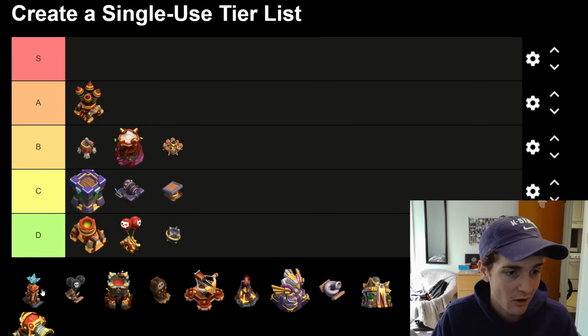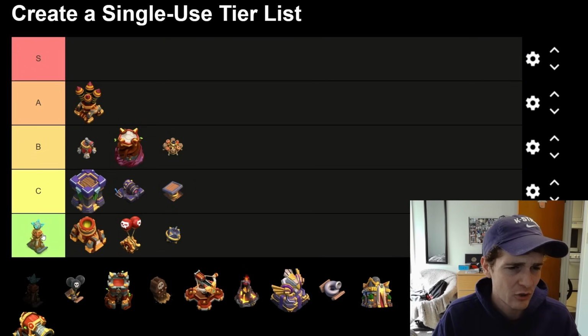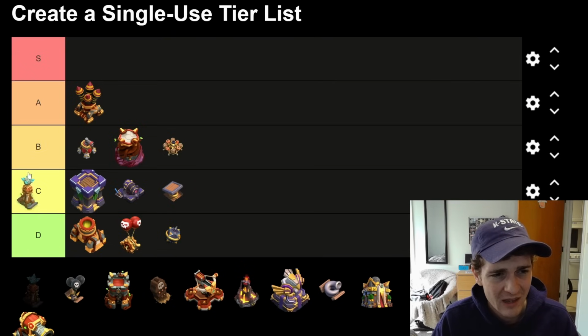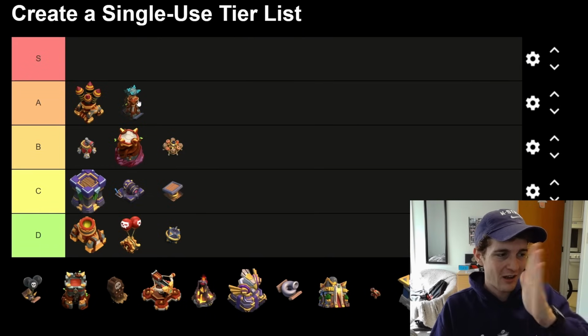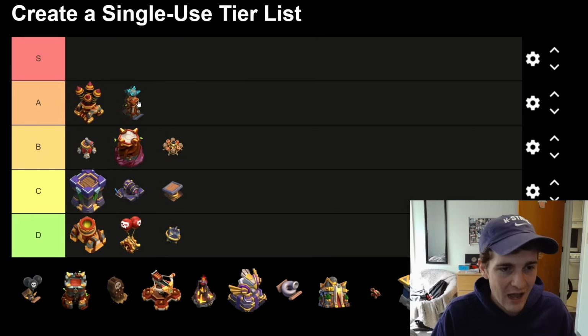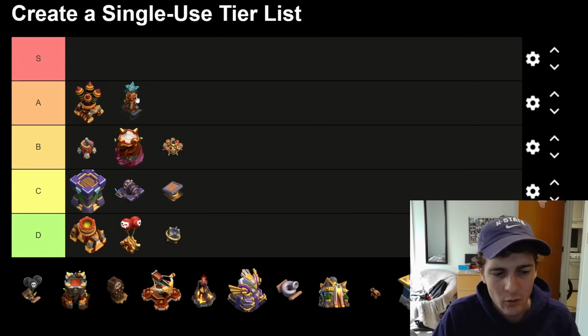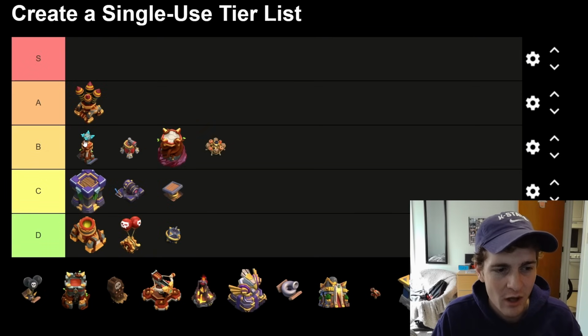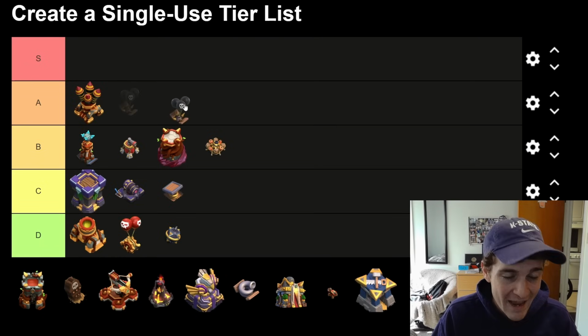Teslas. Teslas are obviously great for bait, and they do a ridiculous amount of damage early on as well. I'm going to have to say it's kind of an A tier. I guess you're kind of seeing how this is going, right? The defenses kind of are moving higher and higher up. The air defenses, I do get a little bit more scared about. There's going to be so many defenses in the A tier, so I'm going to slot this Tesla at the top of B tier for now. Black Mines though, Black Mine is going to be my A tier